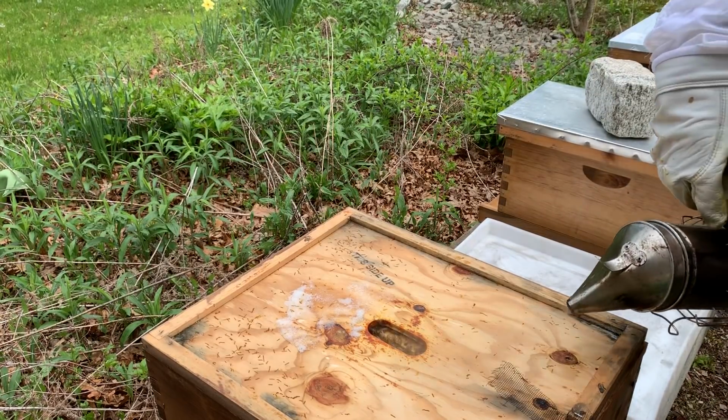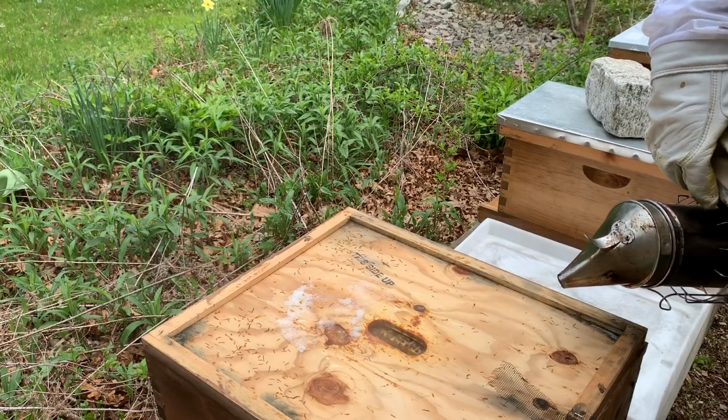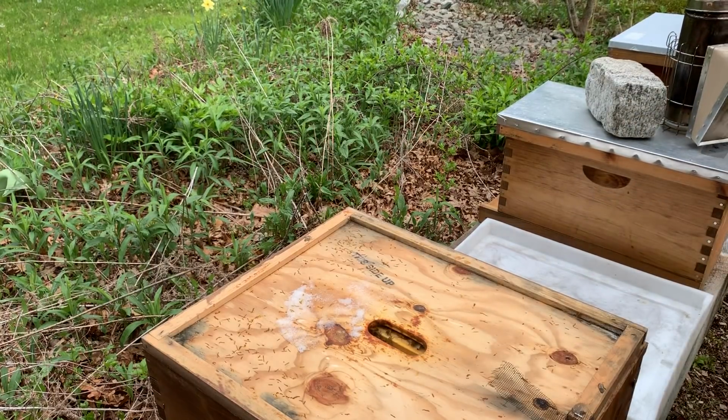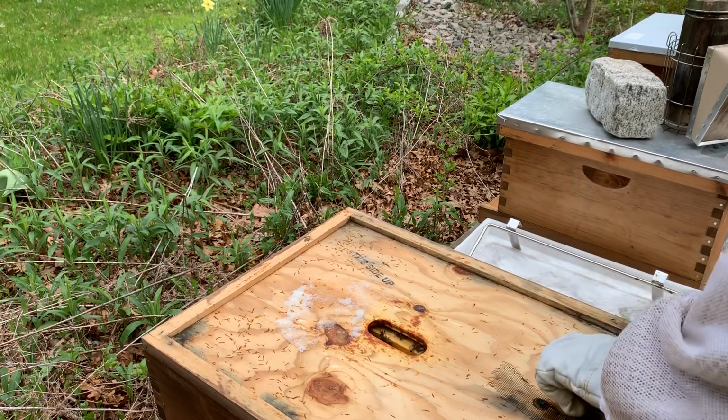but I do believe that was just from the fact that they just weren't flying. So what I'm gonna do here is I think they might be ready for a honey super, but let's take a peek,